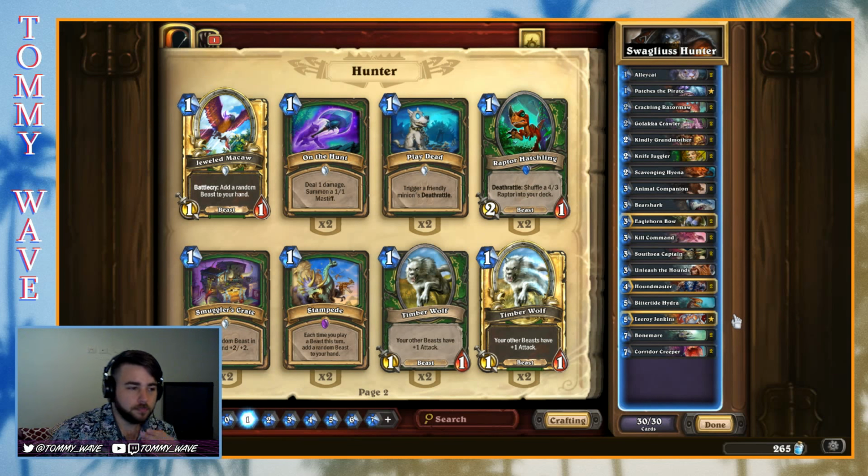So it'll be interesting to see how this one goes, how it's positioned. Apparently, according to the creator, Swagliuss, it is quite well positioned in the meta. They used it to get Legend with an 80% win rate. So hopefully